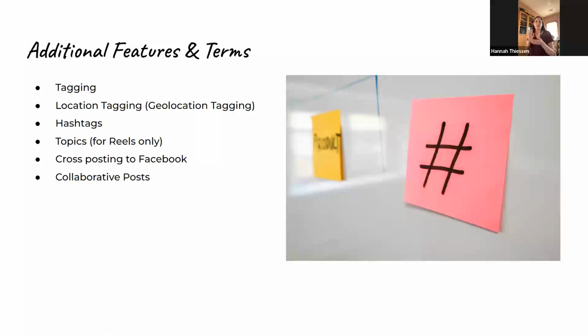Hashtags were very critical to Instagram early on. They use the, my dad's going to kill me for not remembering the name of the symbol, the hashtag symbol, which, that's not what it's called, the pound sign. There we go. The pound sign was used in front of different words to create a linking function similar to the function that we were talking about with account tagging. Hashtags were used to kind of